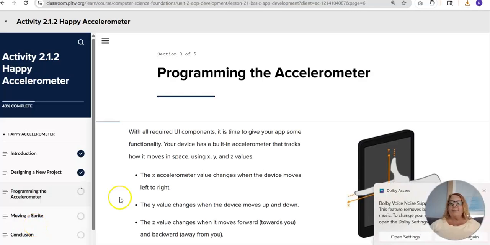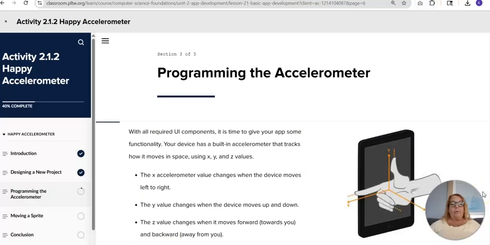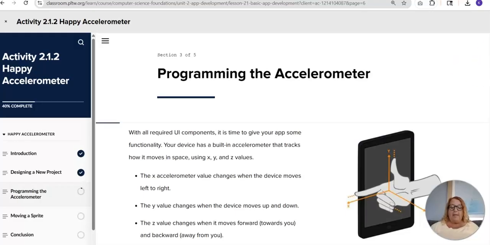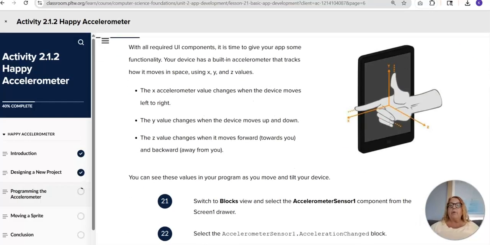Okay, now that you have the first part done, let's keep going and working through more of it. This next part, I want you to read through it so that you understand it, but it's showing on your phone or on your tablet how, if they have the hand like this on your phone,